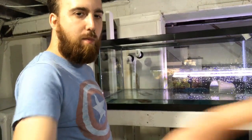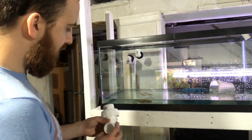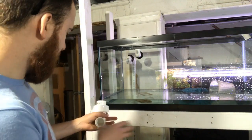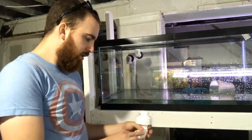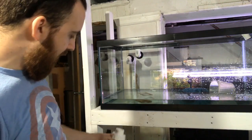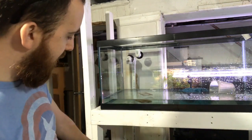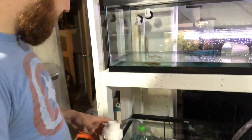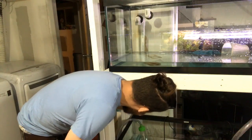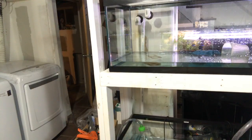Yeah, unions are a must, but I only really need one, and that's just for the bottom, so I could tweak the outflow where it goes in the tank if I wanted to. So the bottom, the way the drain is going to hit the bottom tank is there's going to be a filter sock down there. I'm going to figure out a way to rig a filter sock onto it. So when it pours in, it's going to come and then it's going to probably tee again. Another elbow